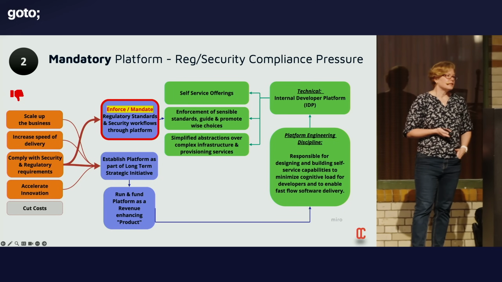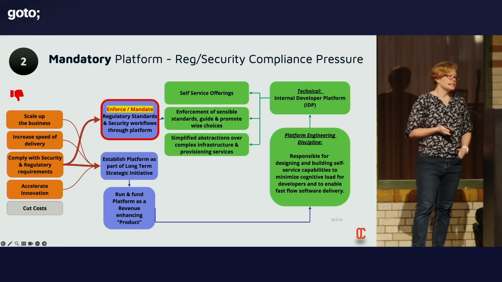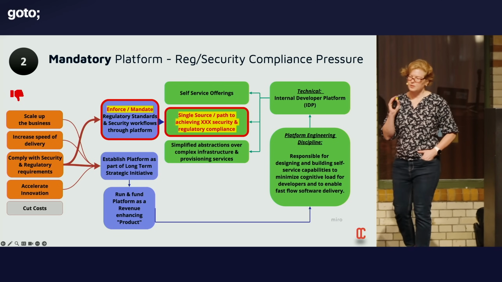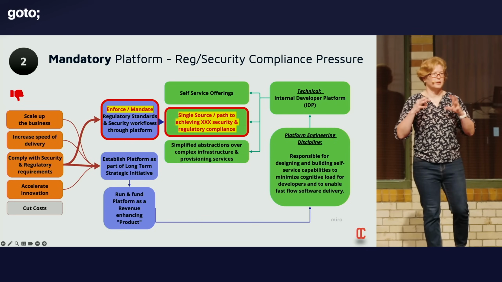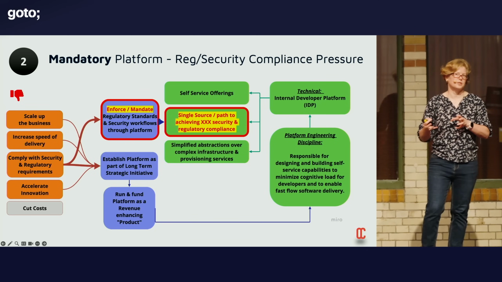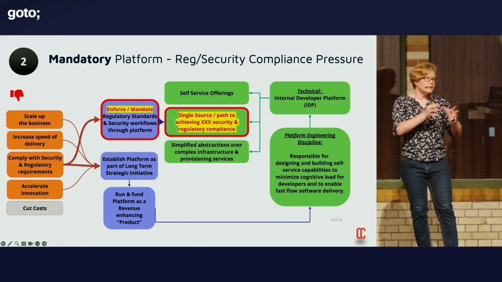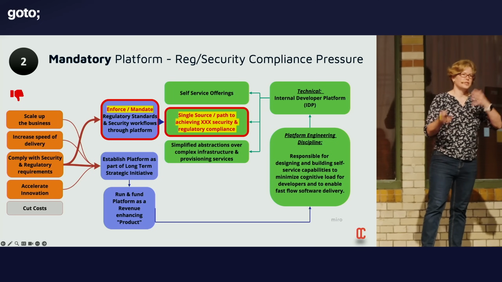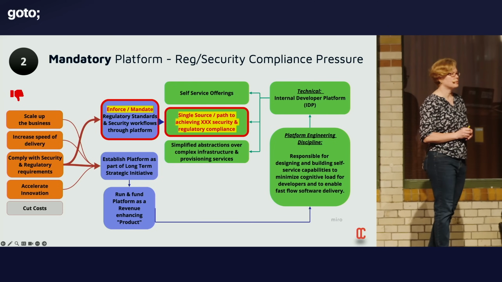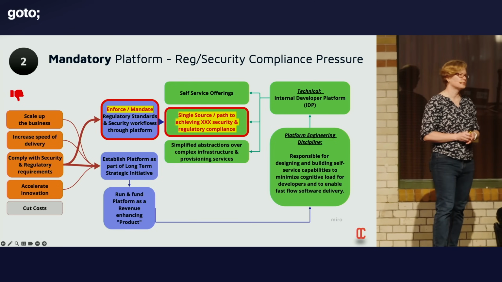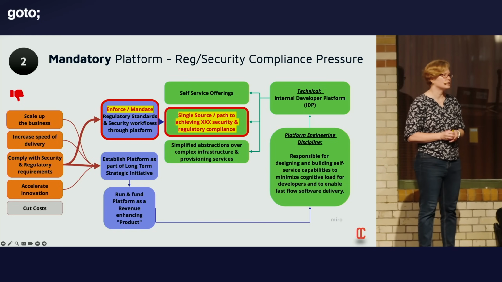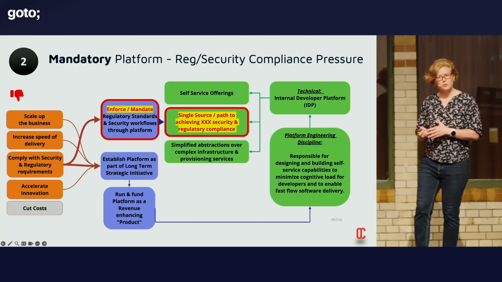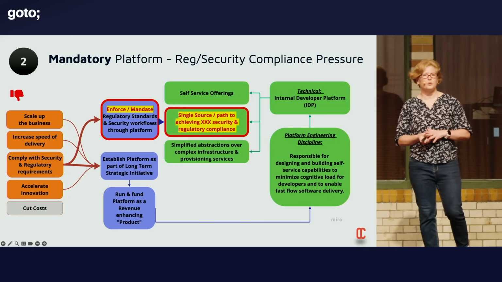However, when you do this, it makes things really difficult, because ultimately the property of the platform will change to become mandatory. Because there's only one way for the security to be enforced, the platform becomes mandatory, and then you land up with other problems that I spoke about, not having the feedback loops, or it being a little bit harder to get these feedback loops. But this is a genuine concern, and people do use the platform to incorporate security.